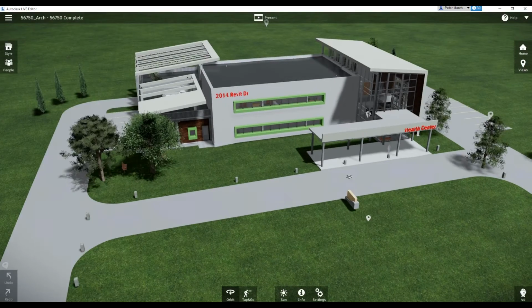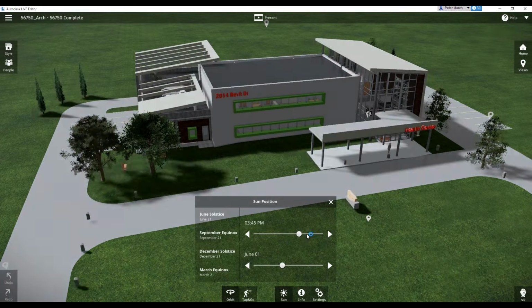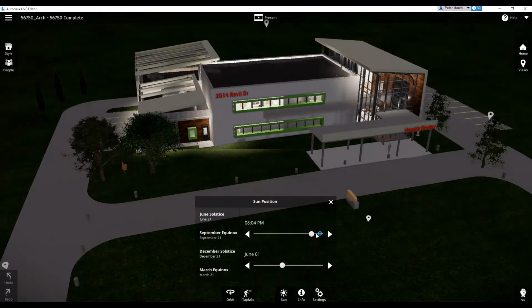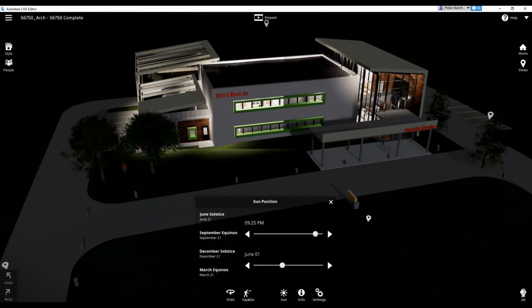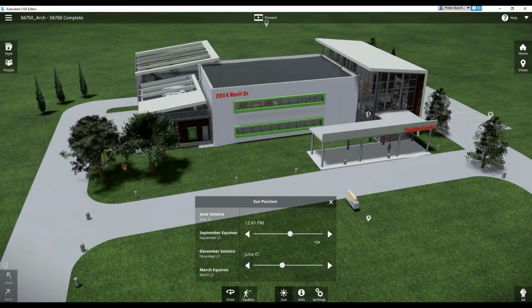Now currently you see all these little push pins that are in the ground. Those are the different views that I have. If I want to, I can say I don't want to actually see those anymore. I can turn on or off my lights. And if you're wondering where my lights are, if I actually turn it so it's dark, now you can see my lights. So I can very quickly start changing the time of day. I can also start changing the time of year. And for a lot of different projects,